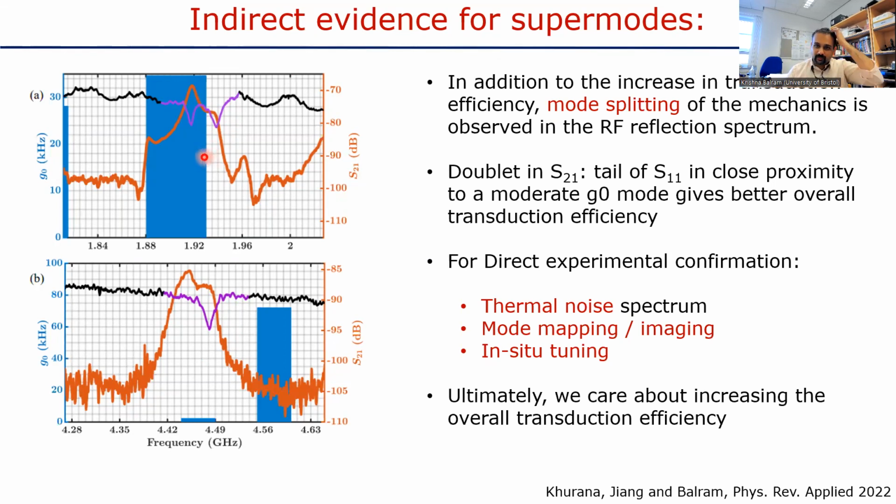On the other hand, what you ideally want is some way to directly map out the presence of these hybrid modes, and there are a few ways to do this. One is that you can measure the thermal noise of these modes, which I'll come to later. But ideally, you want some way to tune one of these modes in situ. You can tune either the breathing mode or the contour mode across the other resonance, so you engineer the anti-crossing in real time, as opposed to just making a bunch of devices and finding ones in which the anti-crossing has occurred. Ultimately, what you want is some way to directly visualize this in situ hybridization.